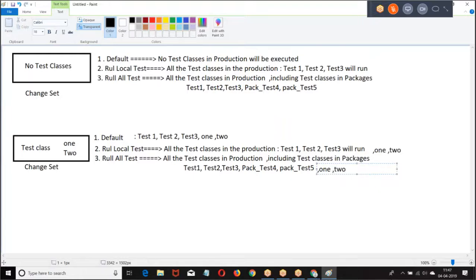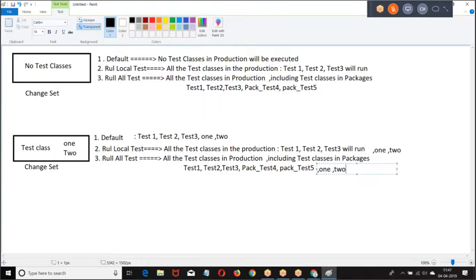If the change set contains test classes, then there is no difference between default and run local test. If the change set doesn't contain any test classes, there is a difference between default and run local test. I hope you got my point.